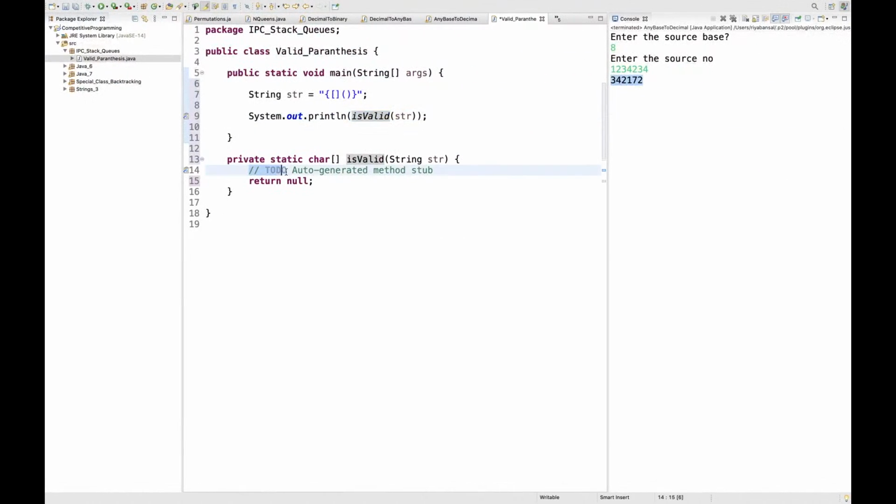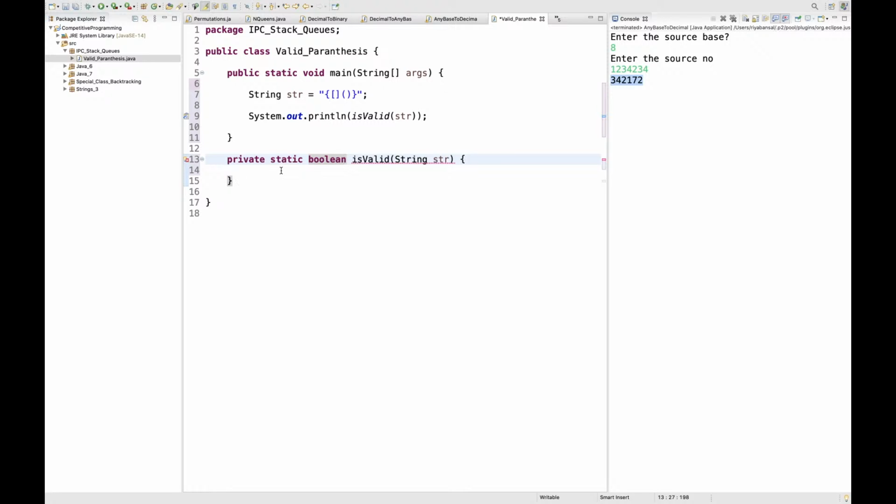Alright, so this is going to be our function, and it is going to return a boolean value at this point, checking if our implementation is correct or not.